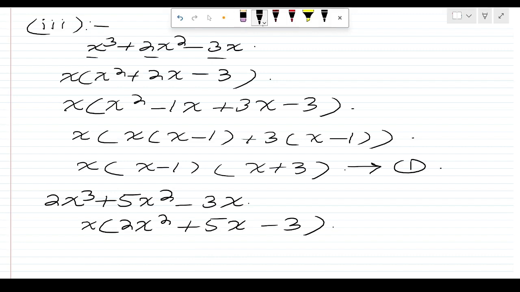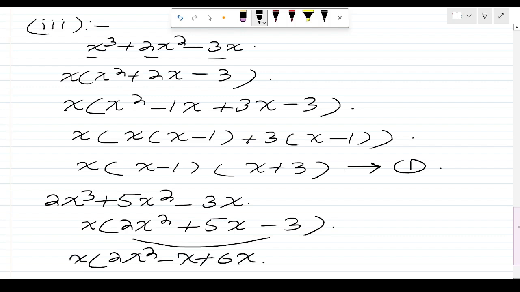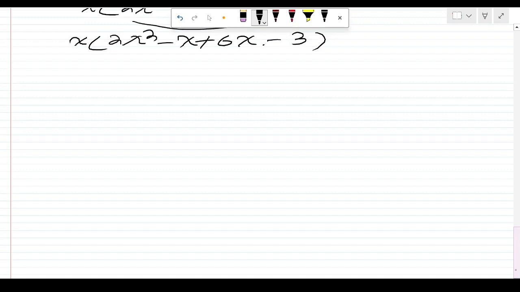Okay, now we have a quadratic expression inside where the coefficient of x square is 2 and here we have negative 3. So that is equal to negative 6. So how can we find the factors? We need to find the factors of negative 6. So we can just write x bracket 2x square minus x plus 6 and then subtracted with 3 at the end. After that we can just write x bracket